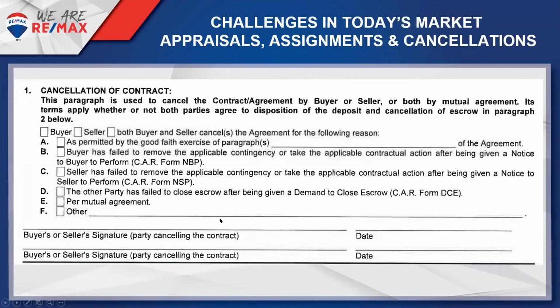I have a pet peeve. I don't know that it's all that bad, but I don't like the record to be inaccurate. So the buyer is refusing to close, and so the seller wants to cancel. But he doesn't want the buyer to be upset or try to claim that the seller's acting unreasonably. So the seller will then check both buyer and seller want to cancel. Well, that's not true. Buyer doesn't want to cancel. He's just not closing. So, I only check both buyer and seller